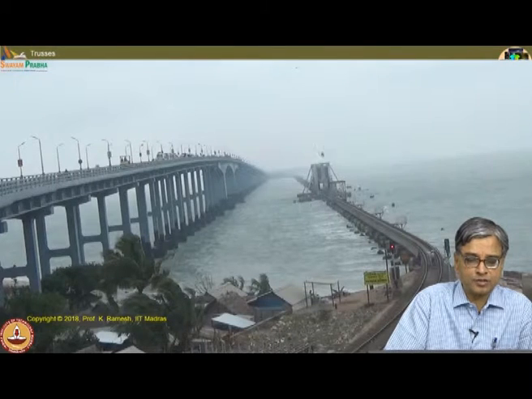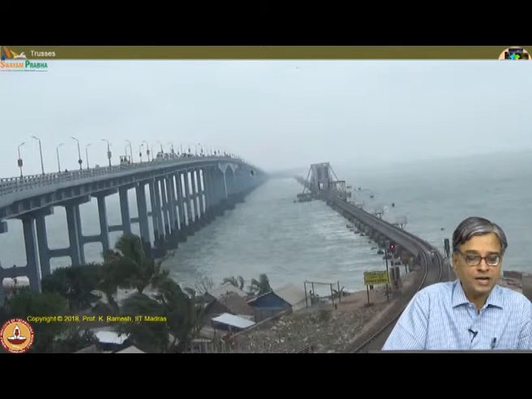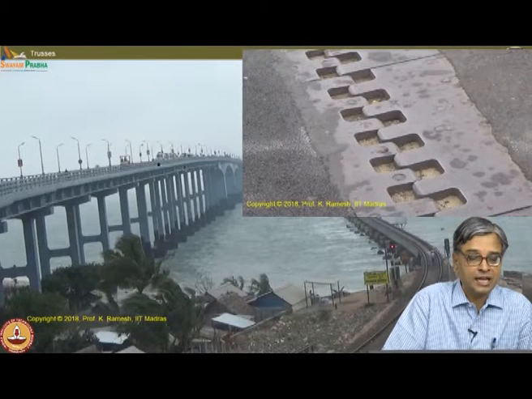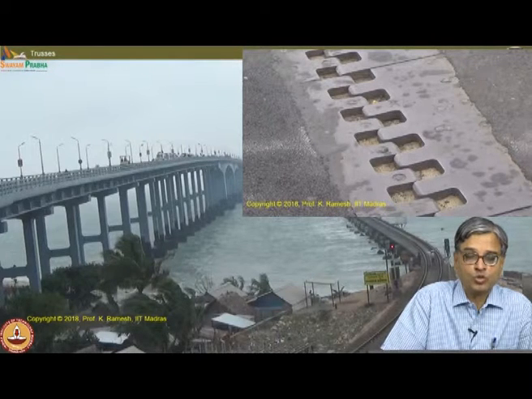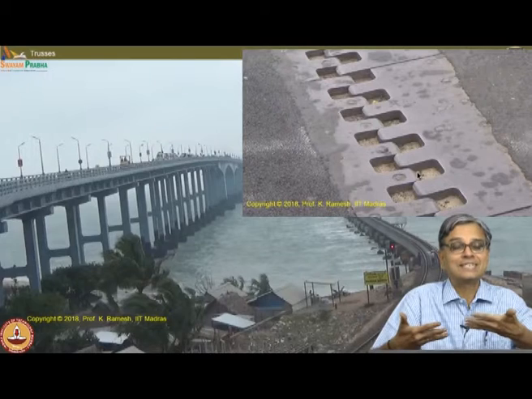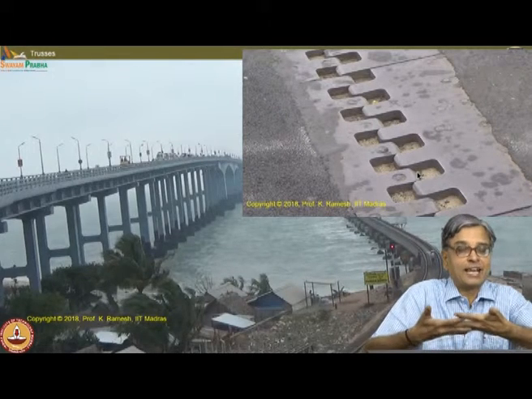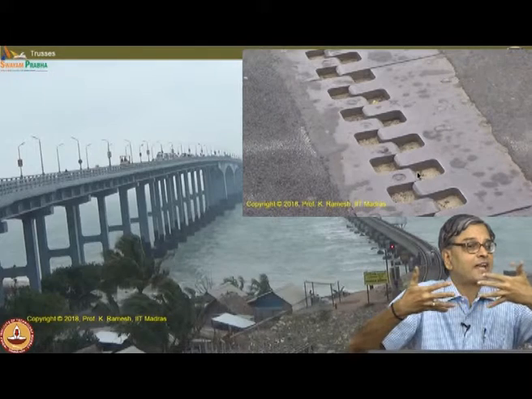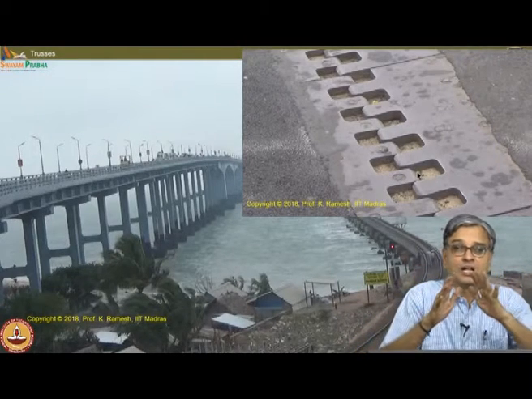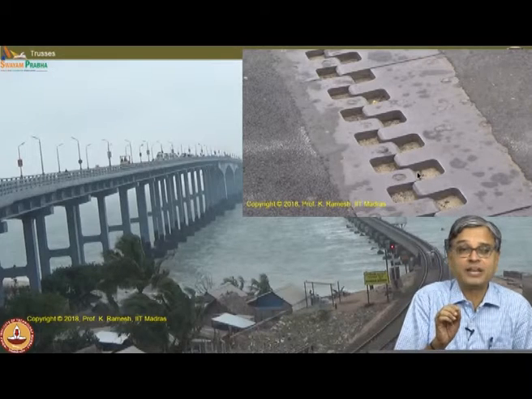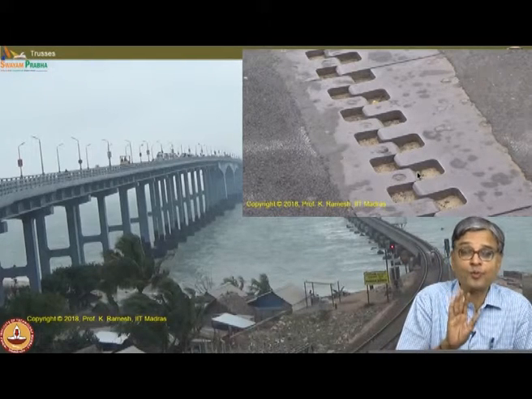And this shows two bridges. I told you that accounting for thermal effects is very important. You have the Pamban bridge, which is a rail bridge. Adjacent to that you have a road bridge. I could get photographs of what they have done for the thermal behavior, and you see on the bridge, on the road, you have this kind of steel mechanism which interlock each other. So, they can allow expansion and contraction. So, temperature variation accommodation is not trivial. People have to provide an engineering solution.